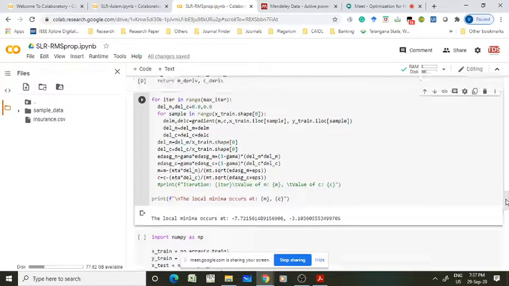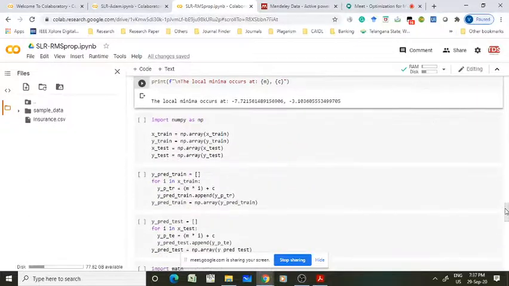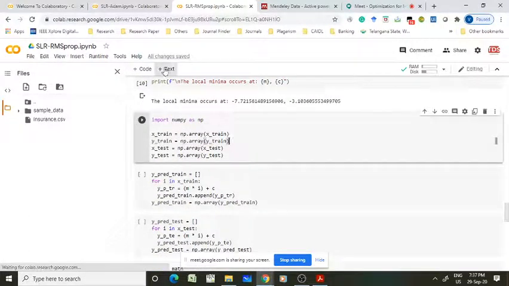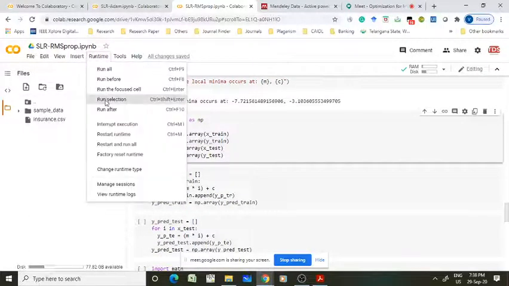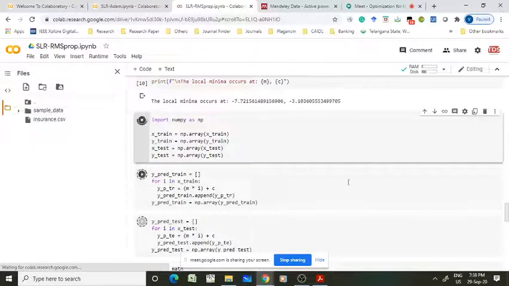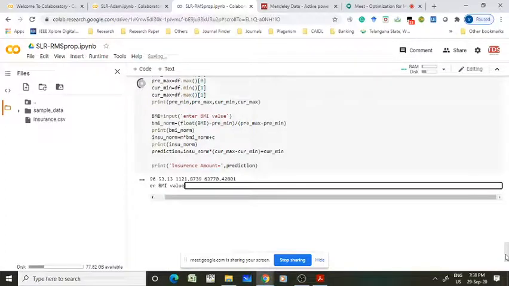So once it's over, right? The training is over. It finishes very fast because I am taking only 100 epochs. Only 100 epochs. Now from here, the rest is the same, right? So I want to run all at a time. Here I am converting all data frame information into matrices.